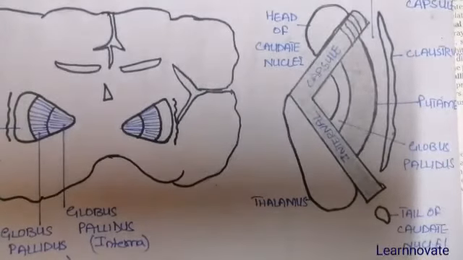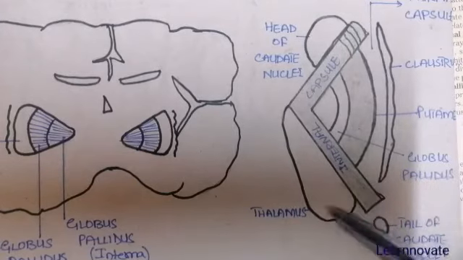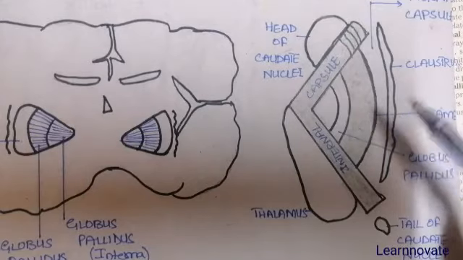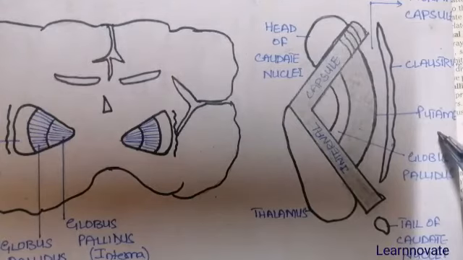In this part of the video we are going to discuss a detailed diagram of the lentiform nuclei and the remaining connections and the function of the basal nuclei. Here we can see the whole lentiform nuclei with its connection with the caudate nuclei. So you can say this is the whole corpus striatum, which includes the caudate and the lentiform nuclei.